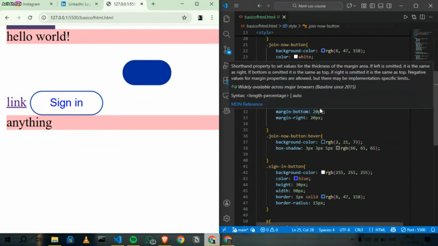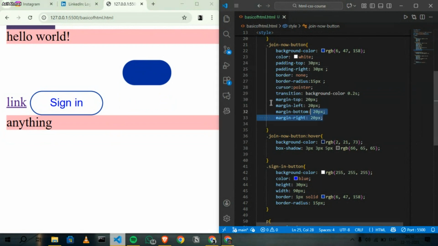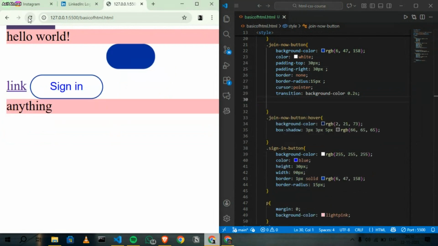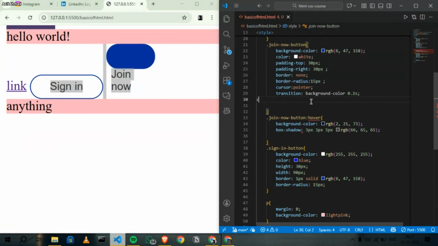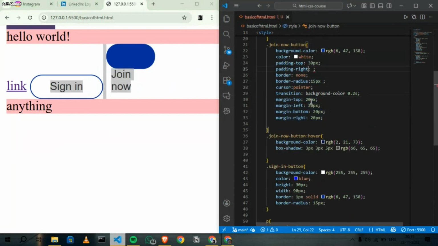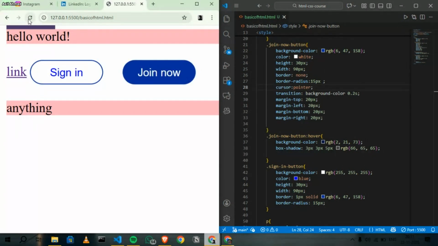Okay, because of the margin. Wait, what the hell? I joined in. Mess. Wait a second, guys. Let me give this. Padding on the inside, it wasn't working. Because padding, if I go for the padding on all sides,